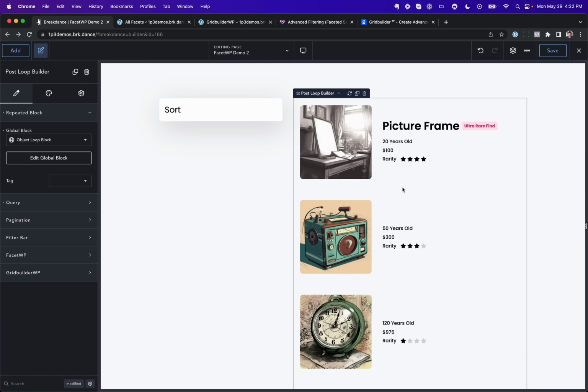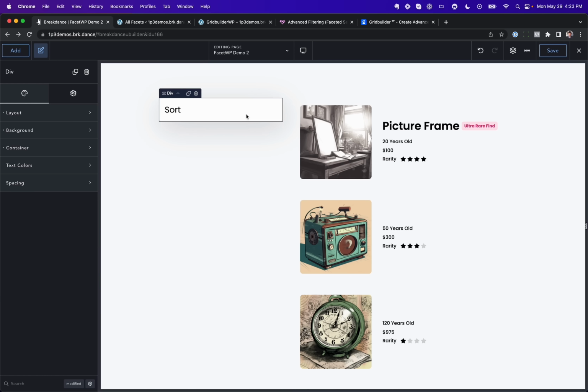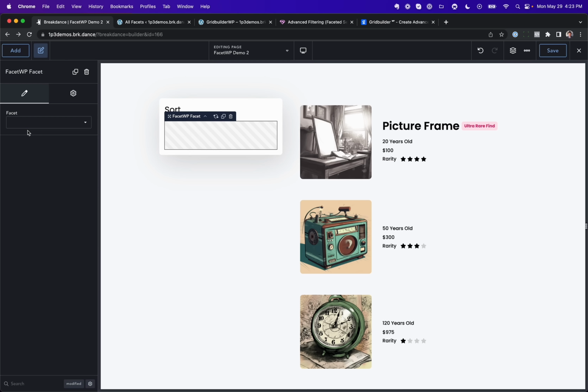I have a page here. I've already created my post loop builder. Let's go ahead and enable FacetWP here. So I'll just go to FacetWP, enable it, and let's add the facets to the page. So I've already done the design. I'm just going to add the FacetWP element, and we have one for GridbuilderWP as well. Let's choose the